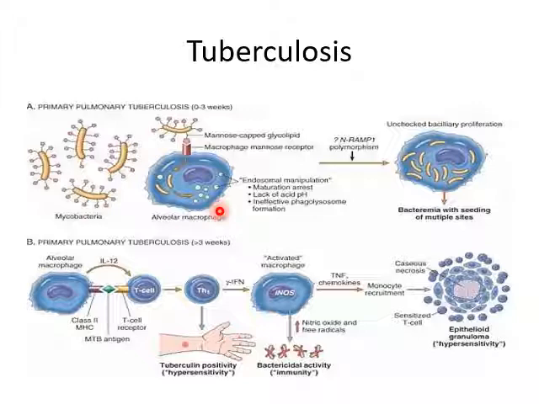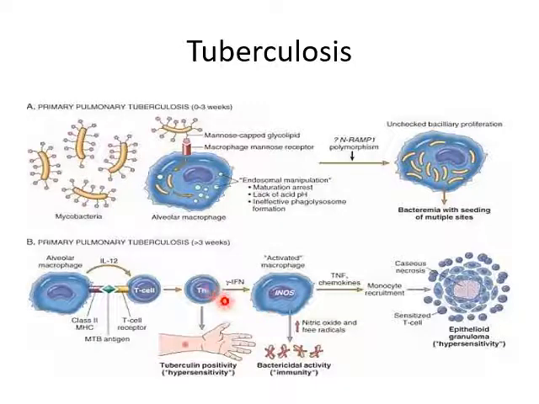What happens in the later phase, that is more than 3 weeks, is that the macrophage presents this antigen of Mycobacterium tuberculosis to T helper cells, and the T helper cells are converted into Th1 type cells that lead to cell-mediated immune response. Now if the patient is tested with a tuberculin skin test, the patient would be positive at this particular juncture.